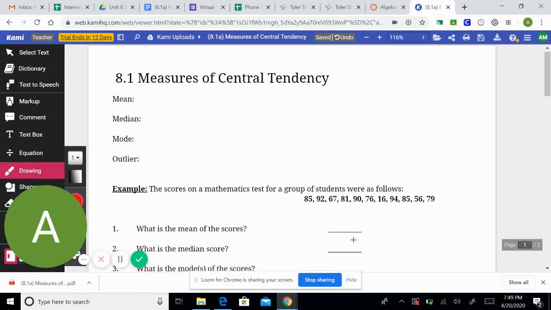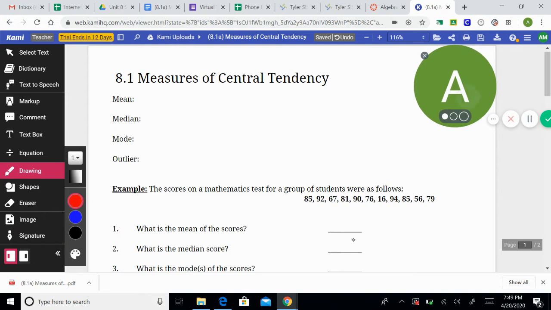Hey guys, so today we're going to go ahead and start our next unit, which is all about statistics. That's just basically different ways to represent information or data. We're going to use the word data a lot. It just means information. This first lesson is called Measure of Central Tendency, which sounds super scary, but it's really